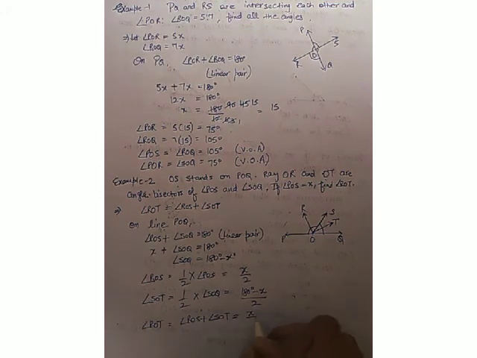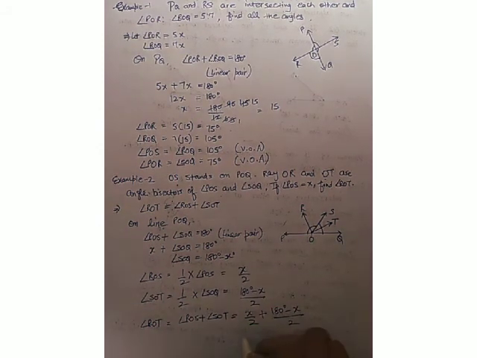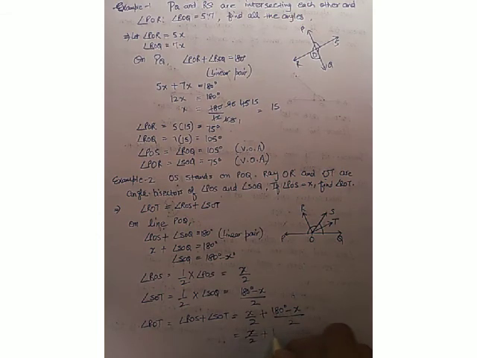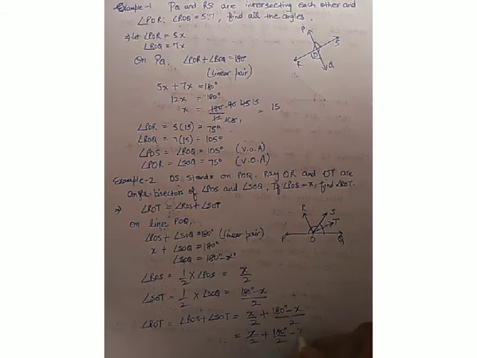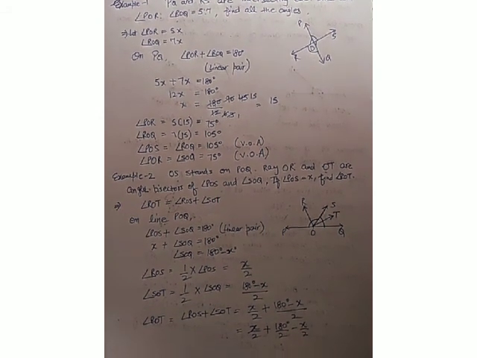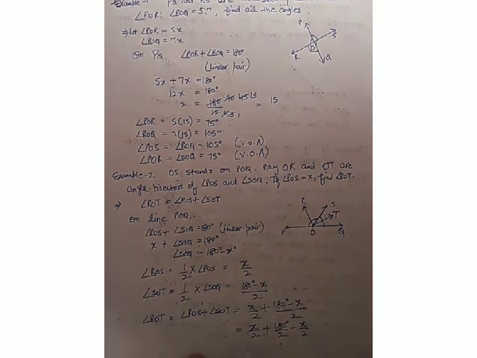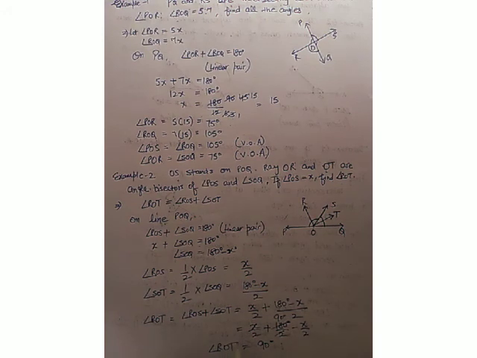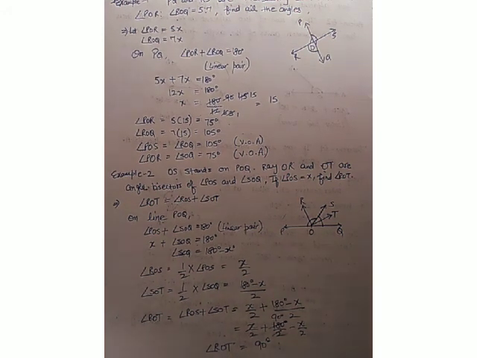So just fill in the values of ROS and SOT. What is ROS? That is x upon 2. What is SOT? That is plus (180 degrees minus x) upon 2. Now split the denominators, because you can. x upon 2 plus 180 degrees upon 2 minus x upon 2. Now x upon 2 and x upon 2 will be cancelled because they are of opposite signs, and you will be left with only 90 degrees. So the required angle, angle ROT, is 90 degrees. So this is how to use each and everything that is given in the statement. Don't neglect any single thing that is given in the statement. Observe the diagram and then go further.